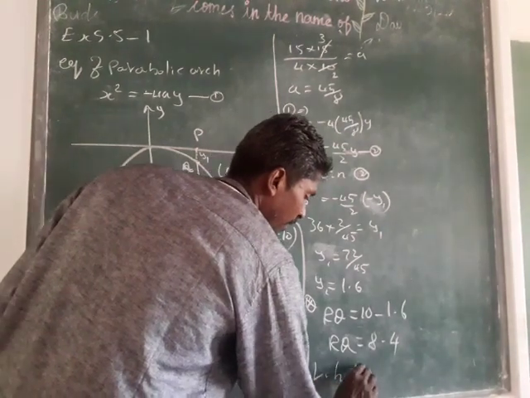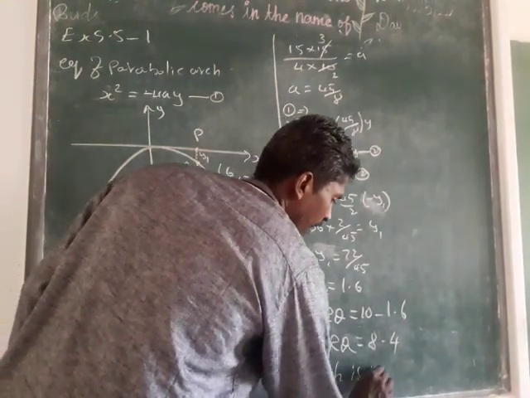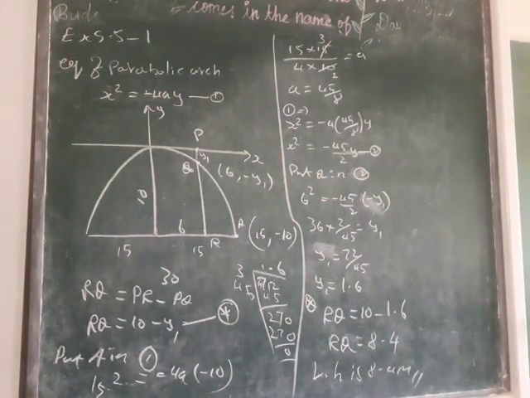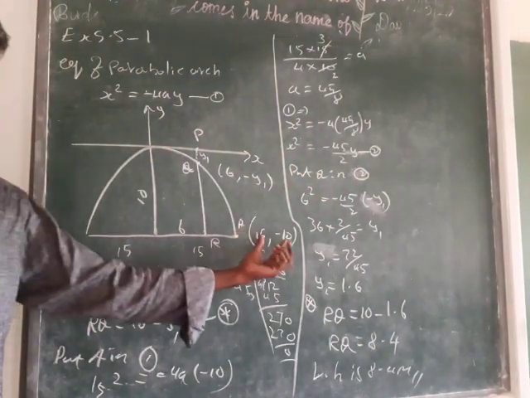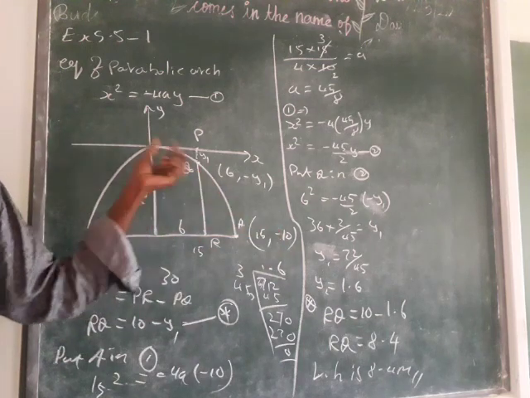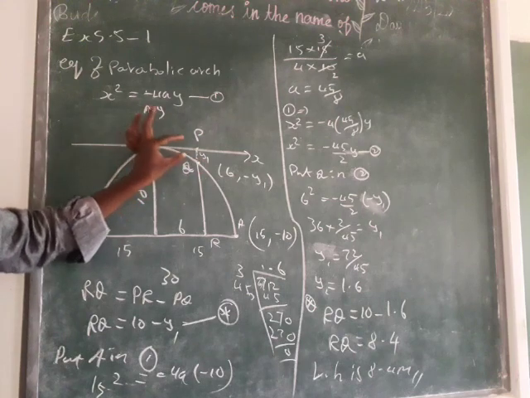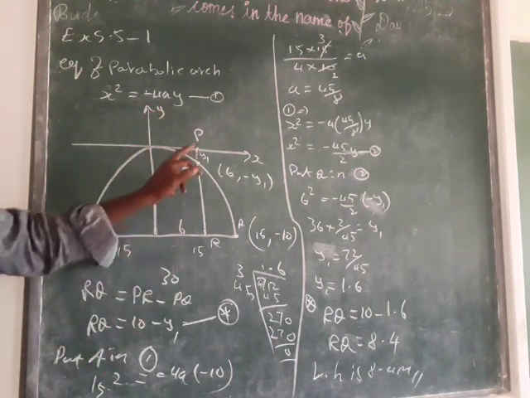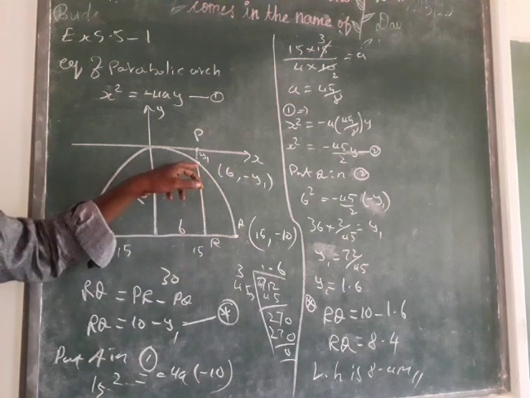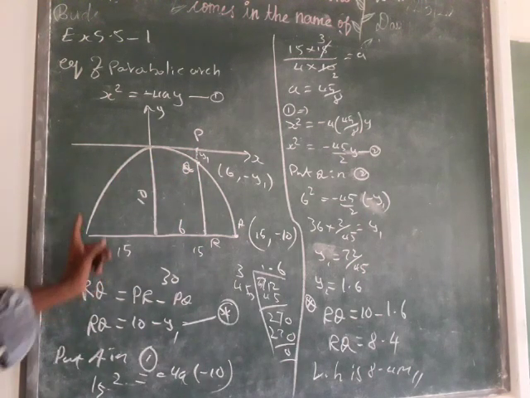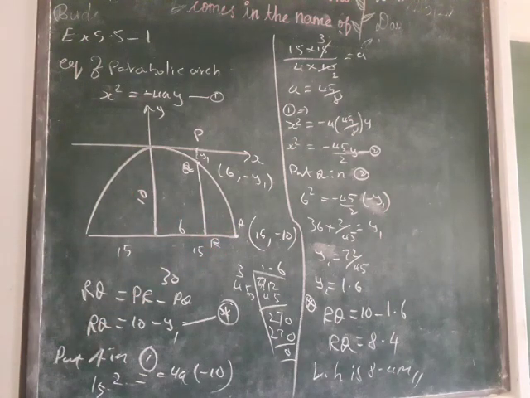Therefore, again, the required height is 8.4 meters. It's a very simple question. You just need to know how to mark the point and Q. That's very important. You want to measure y1 from the origin. So here that height is represented as y1. The total height is 10, and you want to find RQ. So first you want to find the equation of the bridge, then substitute the Q value, and only then are you able to find y1. Clear? So, a very simple question.